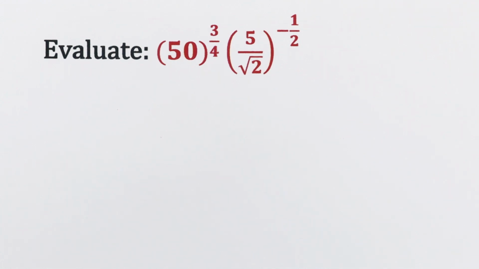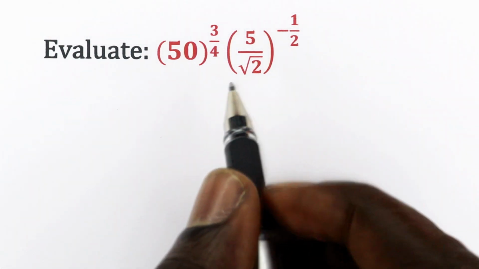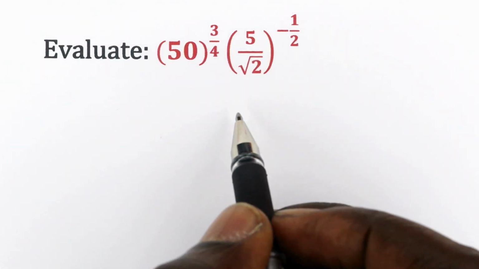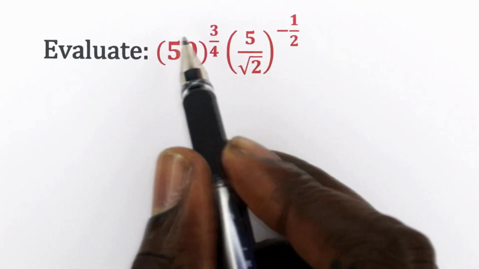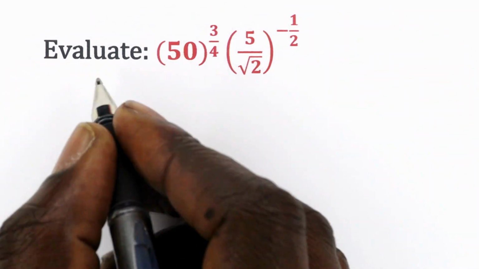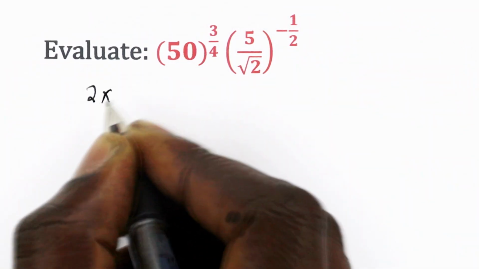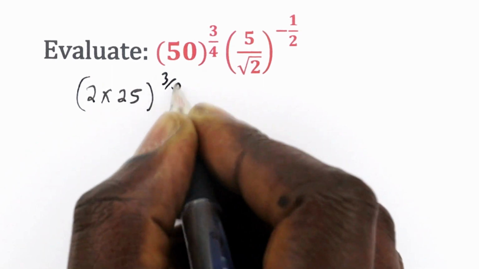Let us look at this nice question. So we have: evaluate 50 raised to power 3 over 4 times 5 over root 2 raised to power negative half. So the first thing is just to write 50 in terms of 5s and 2s. So we can do that by taking 2 times 25 raised to power 3 over 4